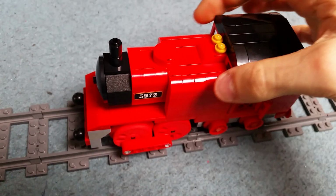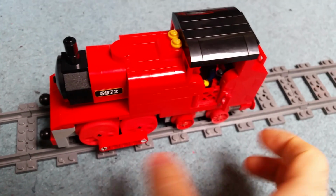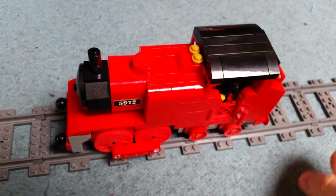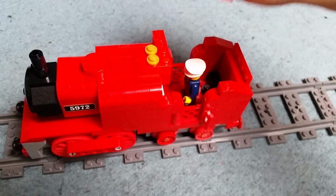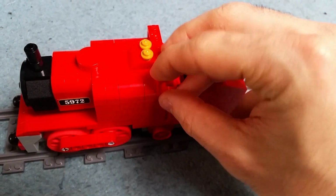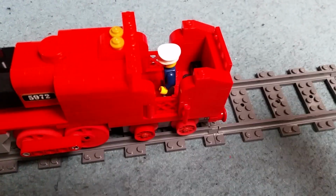The boiler isn't anything special, really. It's quite chunky, but I do like it, though. Given the length of the tank engine, that kind of 6-wide build does suit it quite nicely. Now, to go into the cab, because there is a fair whack of detail and lack thereof that I am actually quite pleased with. So this is the main reason why I decided...